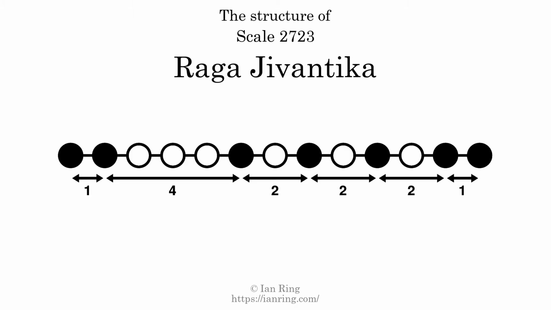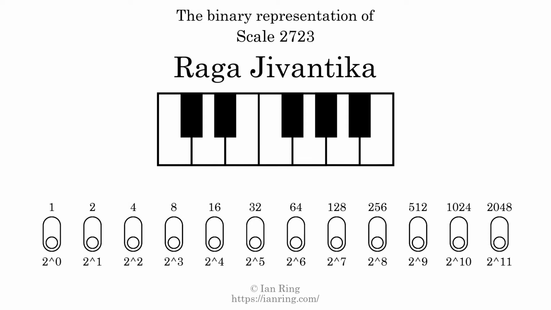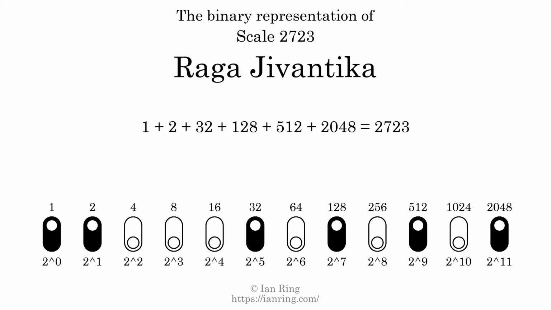The structure of a scale is a description of the interval distance between each successive tone. This scale has a structure of 142221. The binary representation of this scale is determined by mapping tones of the scale to binary digits. Each binary digit represents a power of 2. To get the scale number, we add the powers of 2 together. The powers of 2 that are present in the scale, all added together, equals